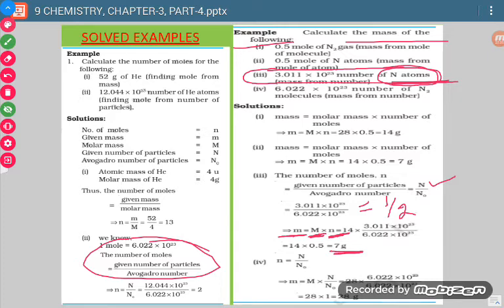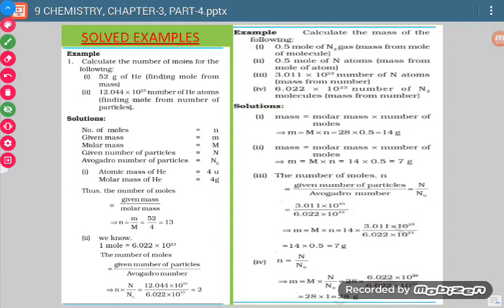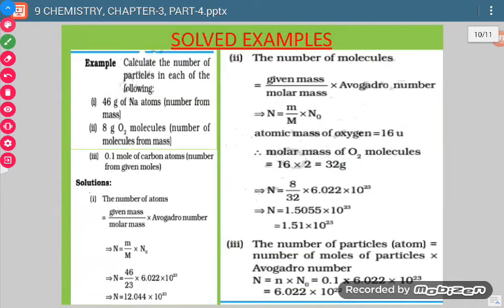Okay. Now similarly, this is the number and this is the molecule. So first of all we have to calculate the number of moles. Number of moles is equal to 1. Okay, and molecular mass is equal to 28. So 28 into 1 means it is 28 gram. Okay, so this was simple.